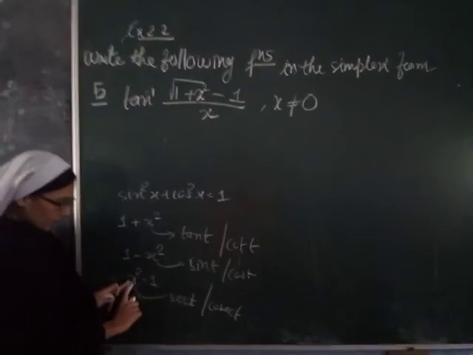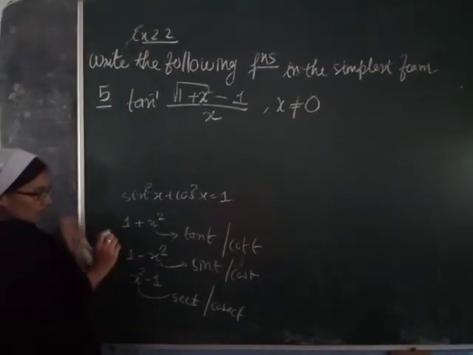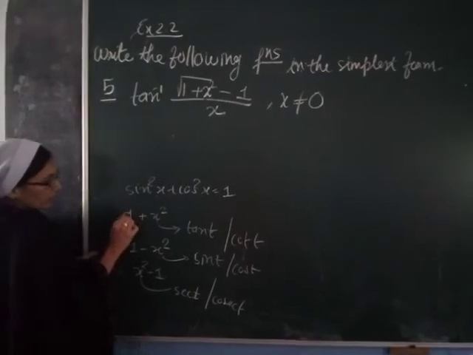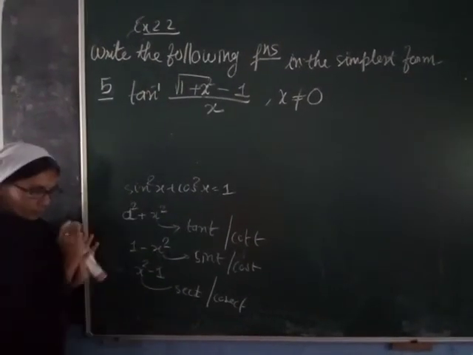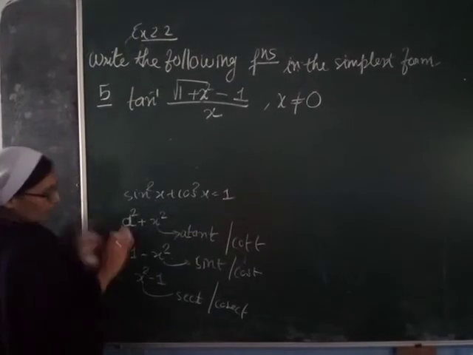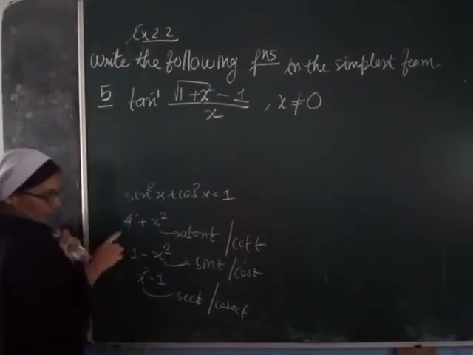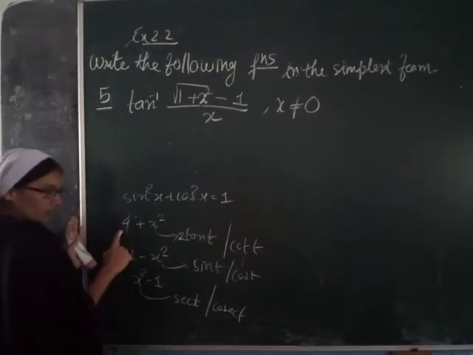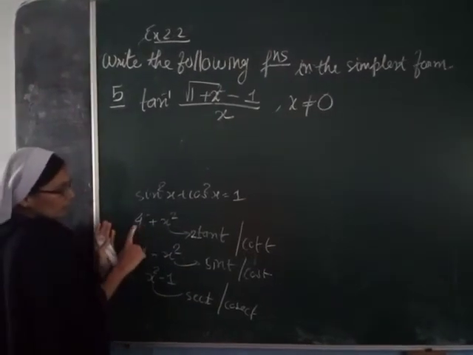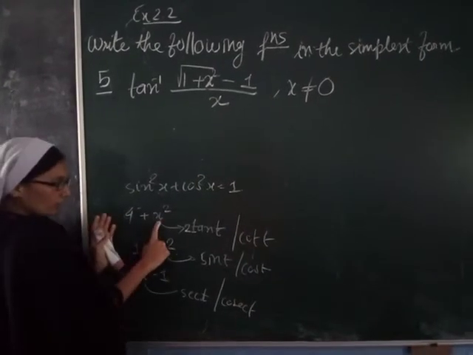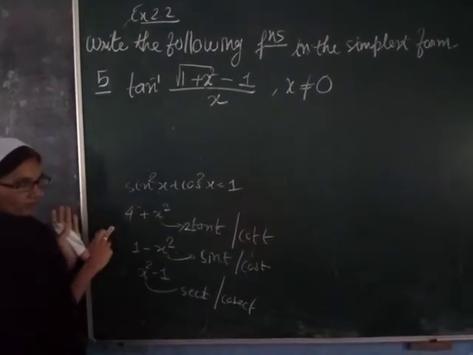And if it is like this, x square minus 1, sometimes instead of 1 it can be any value, for example a square. Then you take x as tan. Maybe let's take 4, so if it is 4, I will take 2 tan t, square root of this, right? So it does not matter if it is only 1 here; it can be anything. You take it in such a way that you can take that value common.